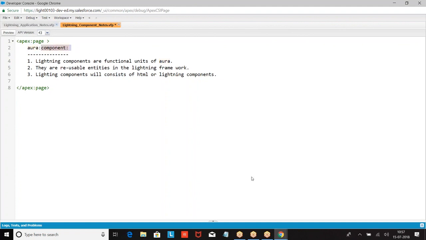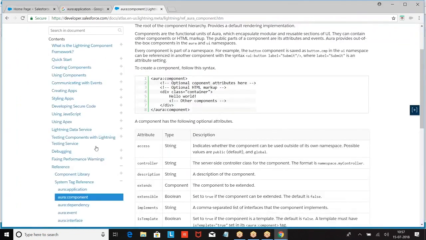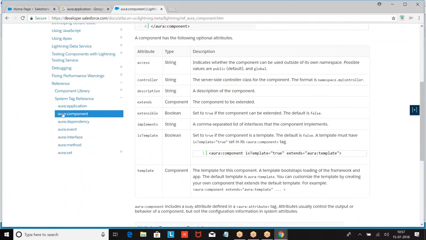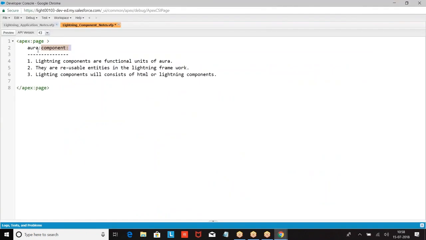Under the URA namespace, we have a few components: URA application, URA component, URA dependency, URA event, URA interface, URA method, URA set. Some of the predefined components are URA application, URA component, URA attribute, URA handler, URA set. Like this, we have some predefined components.